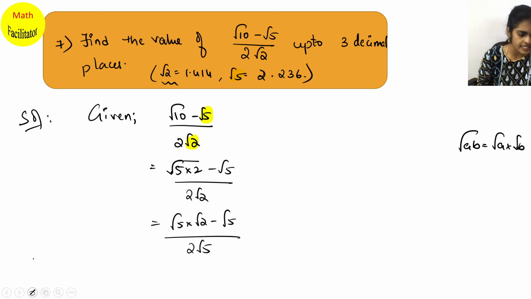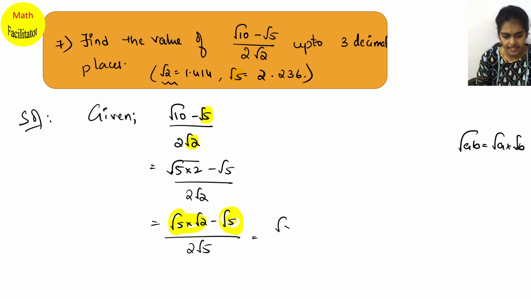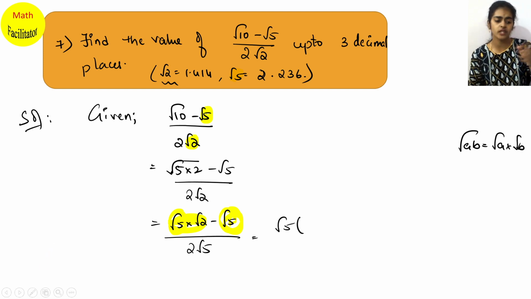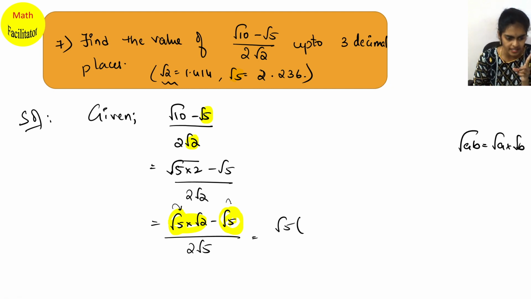So just see here, these are two terms. This is one term, this is a second term. In this term, root 5 is common. In this term also, root 5 is common. So can I take root 5 common? So I'm just taking root 5 common. Why? So that your calculations will be easier. If you don't take common, if you directly substitute the values also, you will get it. But if you take common, you will have to multiply only once. Otherwise, root 5 here you have to multiply, here also you have to substitute the value and calculate. So root 5 taking common, I'll have root 2 here.